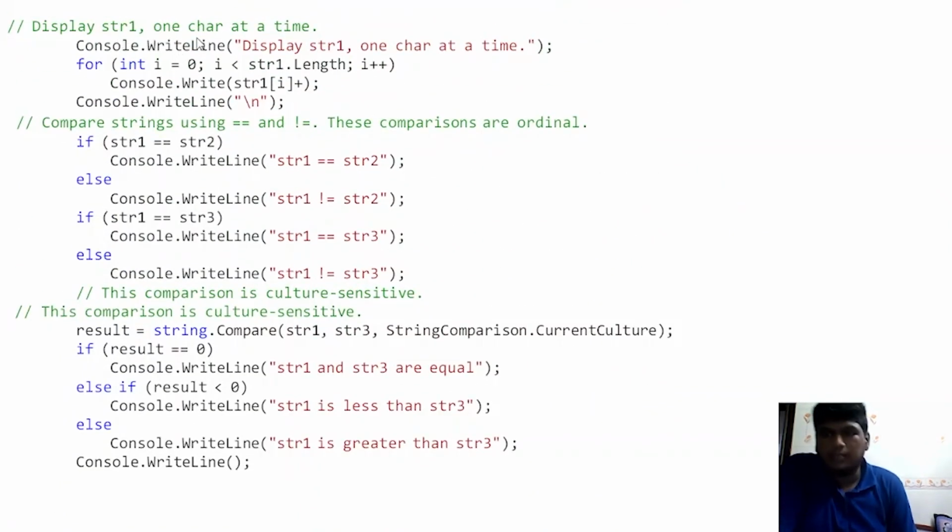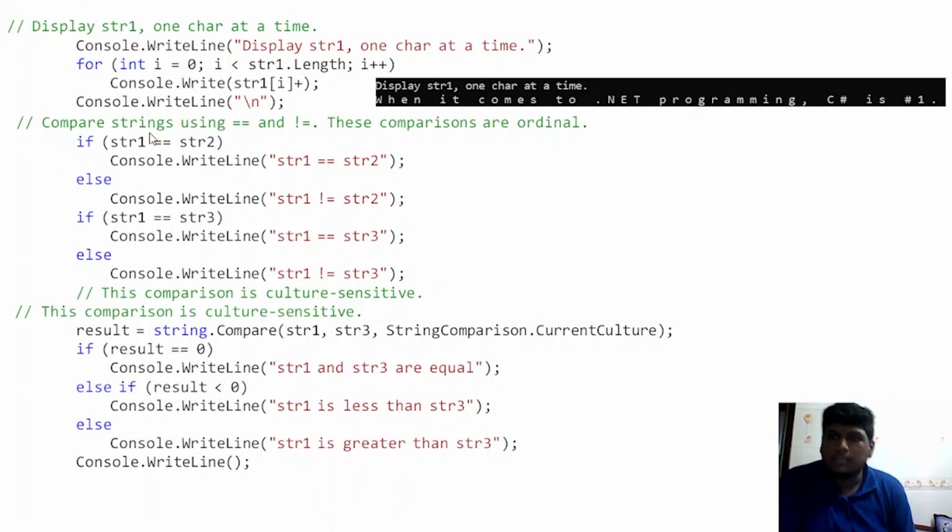Here we are simply printing one character at a time of str1. For this, we are using a for loop and the str1.length property, and simply printing it, as you can see. And here we are simply comparing the two strings with the help of the equal to operator and the not equal to operator,